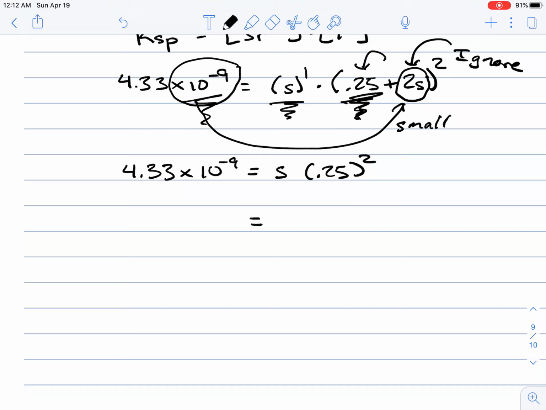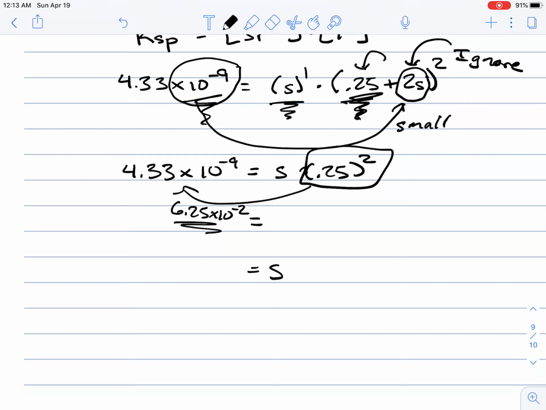And so I'm going to divide this by 6.25 times 10 to the negative 2. And so for the value of s, 0.25 squared is 6.25 times 10 to the negative 2. And so if I divide those two values,